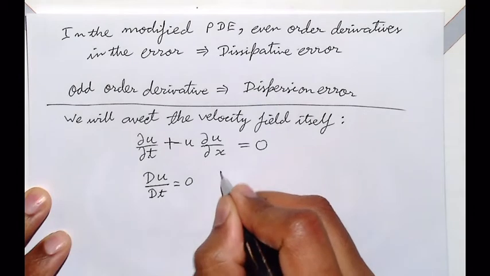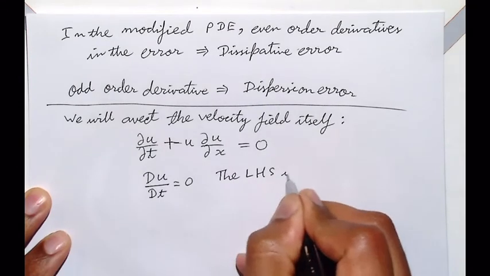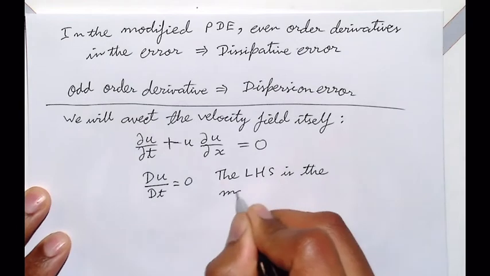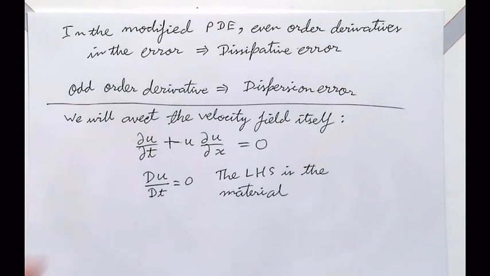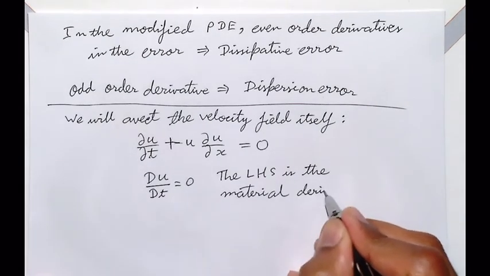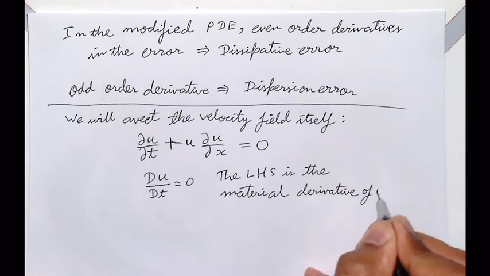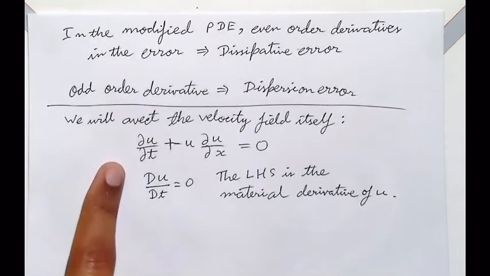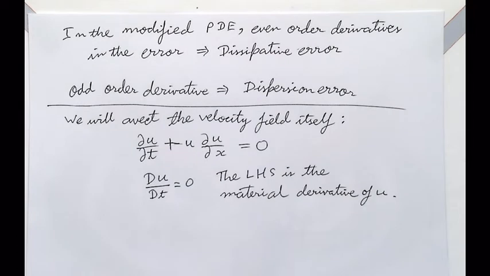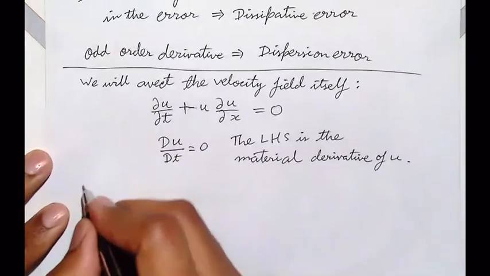So the left-hand side is the material derivative. But in terms of conservation laws, does this look familiar to you? What are the two most important conservation laws that we will deal with? Mass and momentum. Conservation of mass, conservation of momentum. Does this resemble one of them? Which one? Momentum, all right? So conservation of momentum